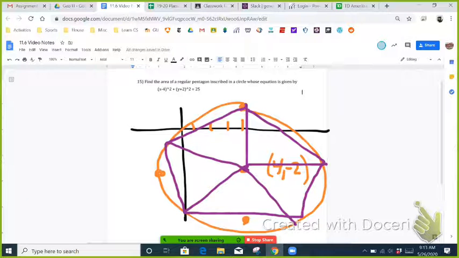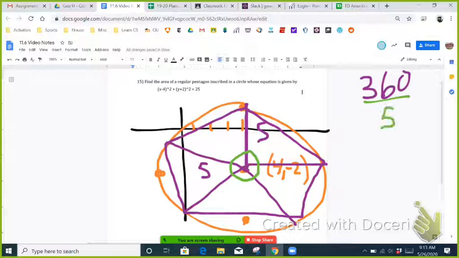And now we know that this distance here is equal to 5, and that's 5 as well. And since there's 360 degrees in this full rotation here, 1, 2, 3, 4, 5, all 5 of those angles add up to 360. Each of those angles is going to be 108 degrees. So when you split it, because this is an isosceles triangle, it creates 2 angles that would be 54 degrees. So now we need to use that 5 and that 54 degree angle to figure out